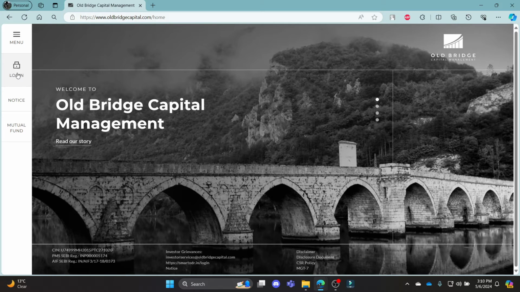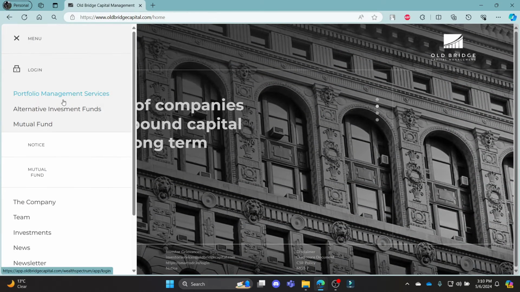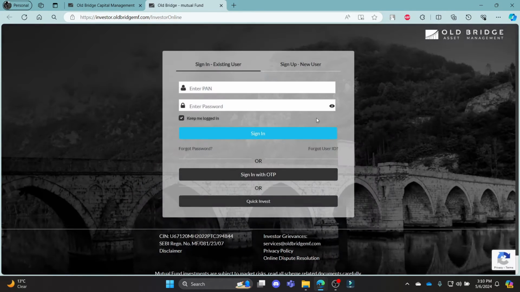You can see login on the left hand side of your screen. Go ahead and click on it, and then you can see the option of portfolio management services, mutual fund, and all of these. So go ahead and click mutual fund. It will take you to this login portal where you can log in using your PAN card